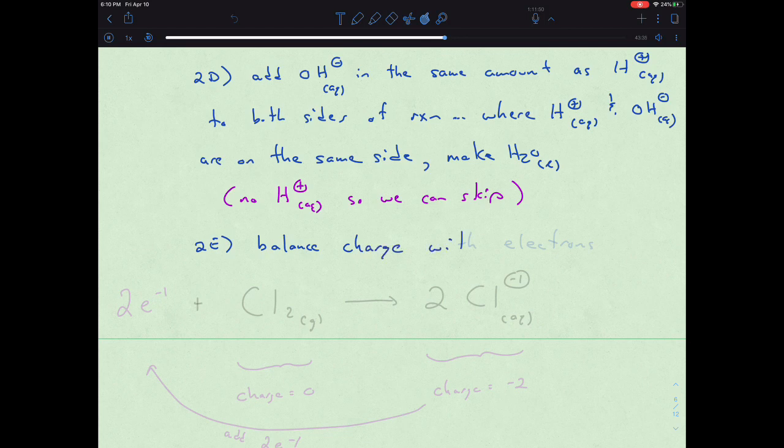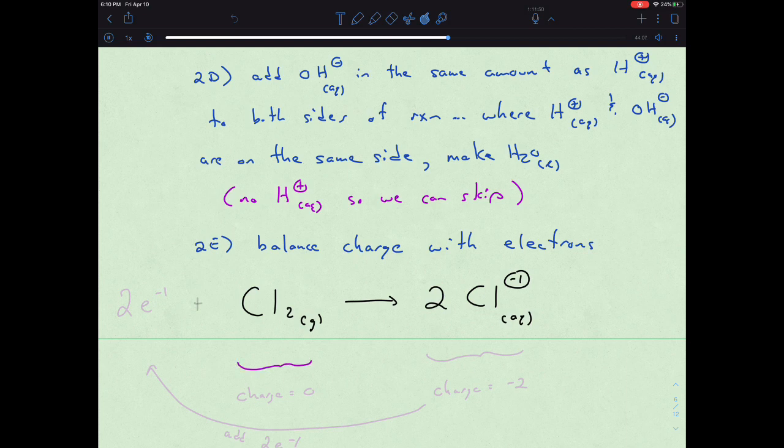With electrons. And so if we look at our charge angle, where we were left off, we haven't really done anything except for the first step, or 2A, by making a 2 in front of the chloride. If we look at our charge,